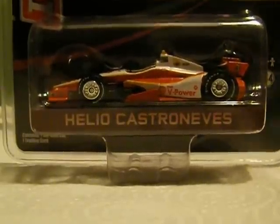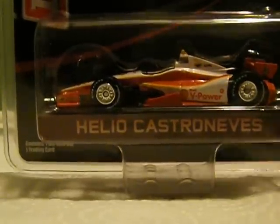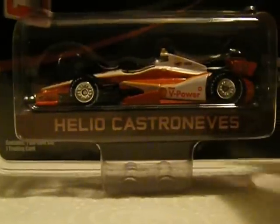This is a really cool car overall, and I'll show you the box because this has a different style box than what Lionel does. Okay, we'll start off with the box. Over here, you got Greenlight Collectibles. Limited edition diecast metal chassis, Eyes on IndyCar series,